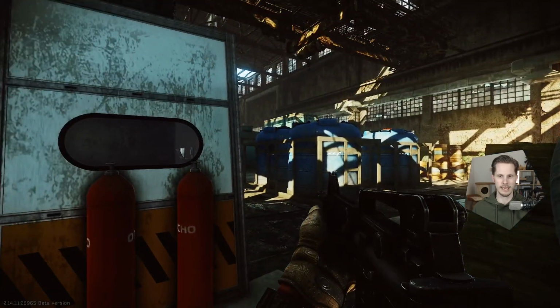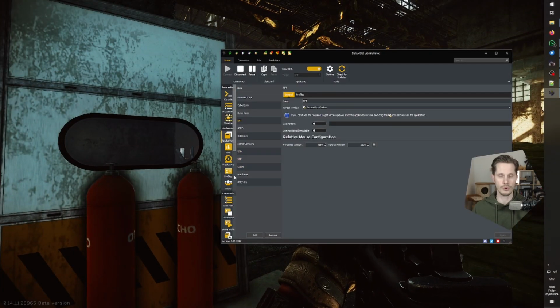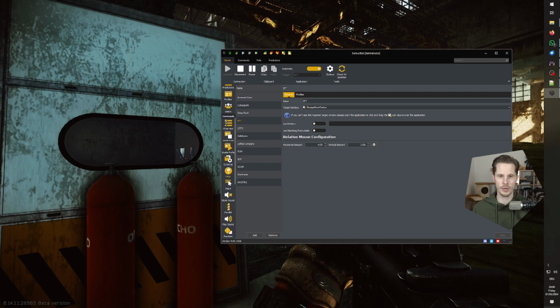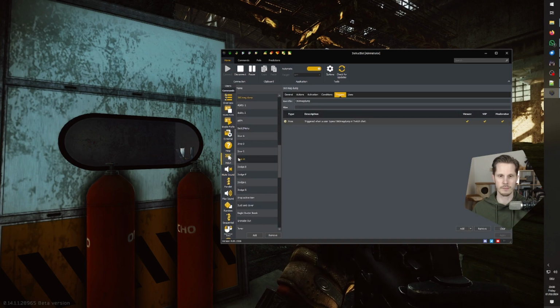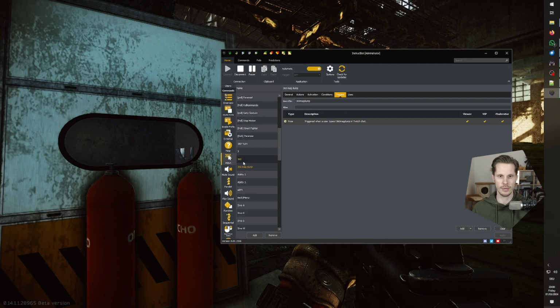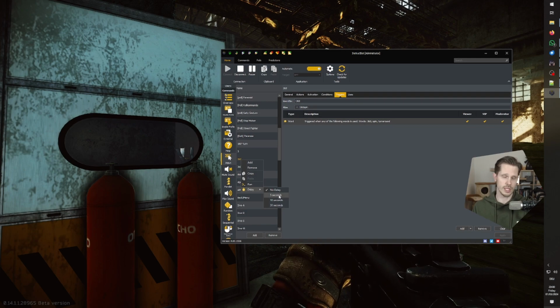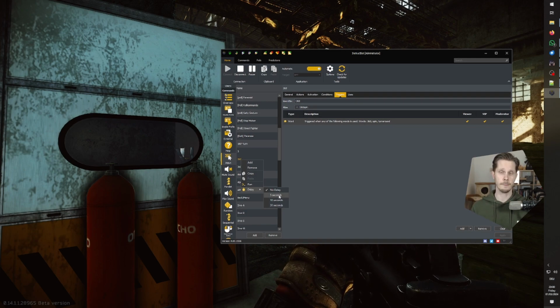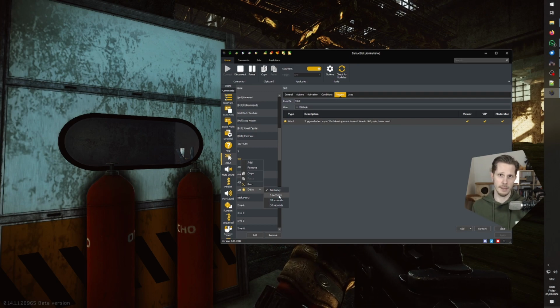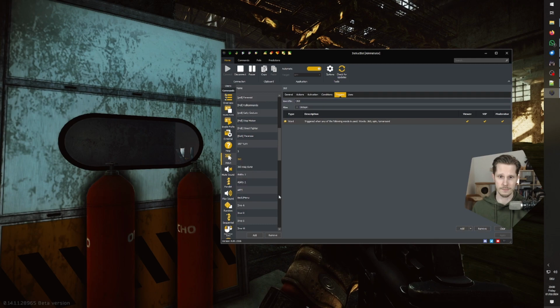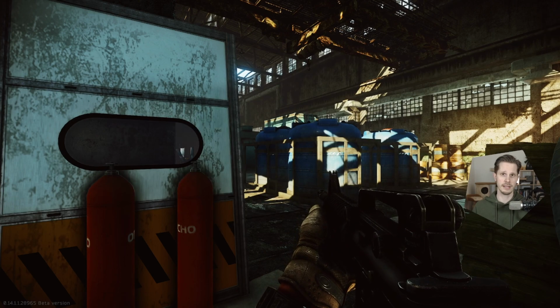Now, to check if it actually works for the command we set up, I want you to go back to your inputs, find your 360 command, right click on it, select a delay of 5 seconds. This delay is global, so it's going to be for all your commands you're going to test. And this just gives us some time to tap back into the game and not mess things up in the process. So select 5 seconds, right click on it again, select run, and then tap back into the game,